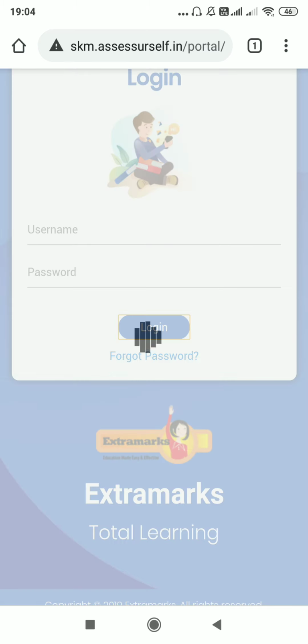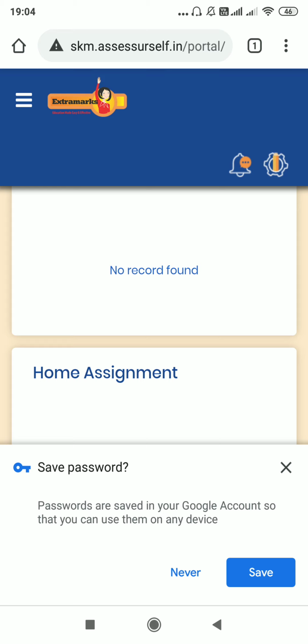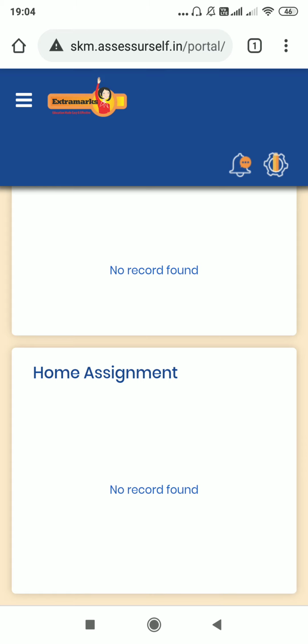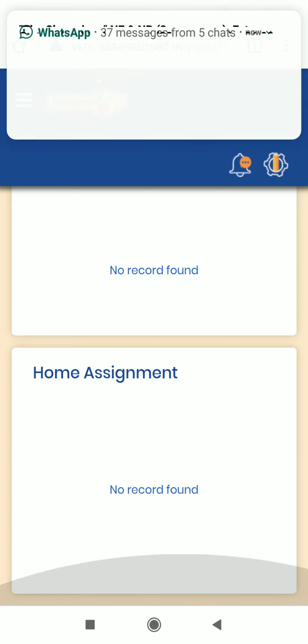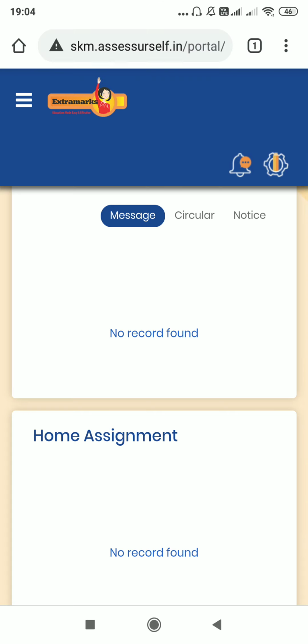Now as soon as you click login, it will redirect to your dashboard page. Once the dashboard page opens, since you're accessing it from your mobile phone, you have to change the dashboard page into a desktop site. Now how do you change? Can you see that you cannot see every page, right? Everything is showing half or maybe incomplete. Now for changing it to a desktop site, please follow me.